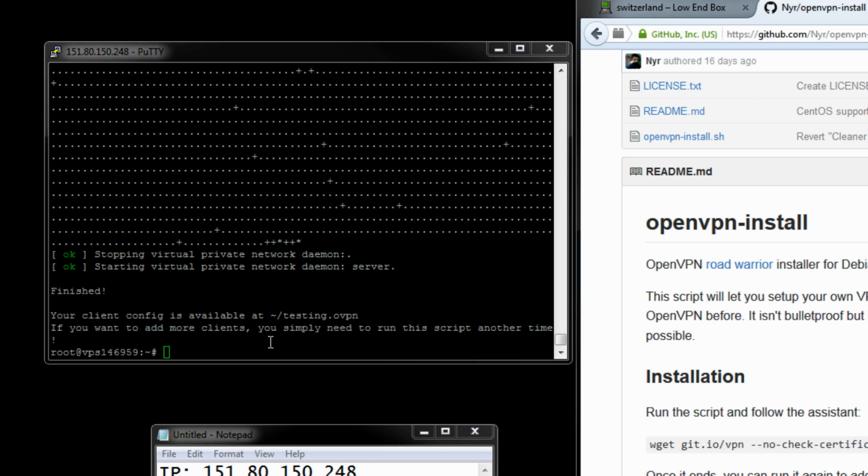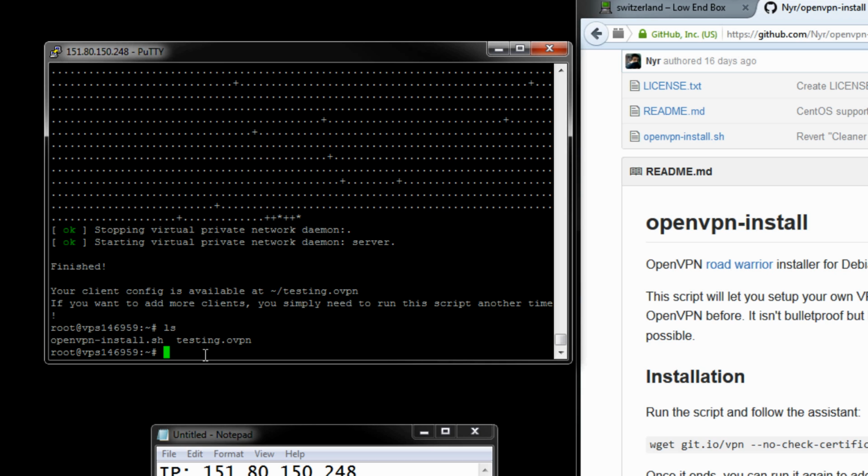Now, as you can see here, the script has now completed adding our config, and if you type in ls, which lists the directory, you can see here that we now have an OpenVPN config available to us. Now, personally, I use the OpenVPN client